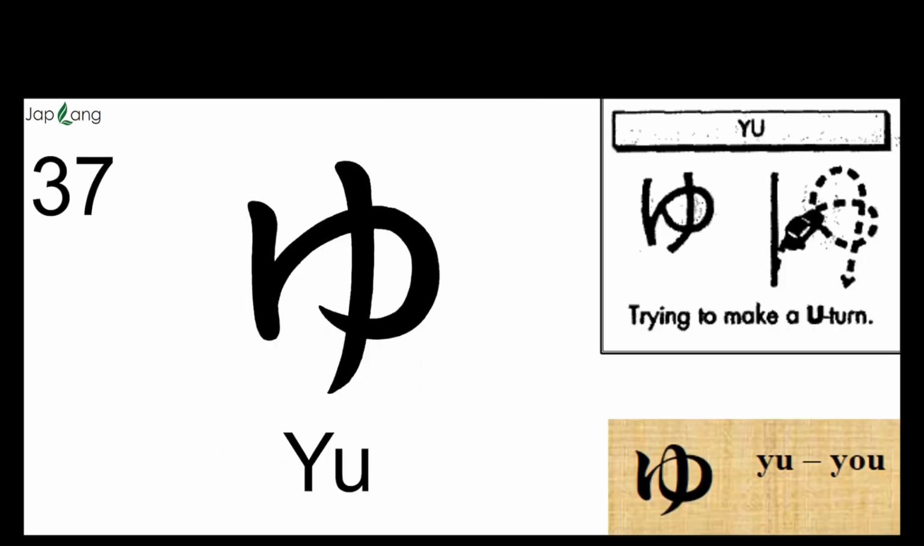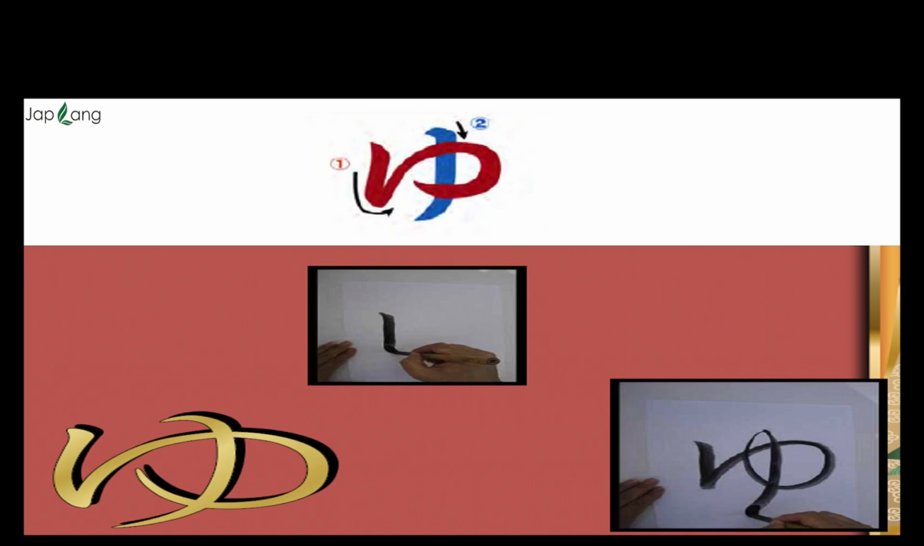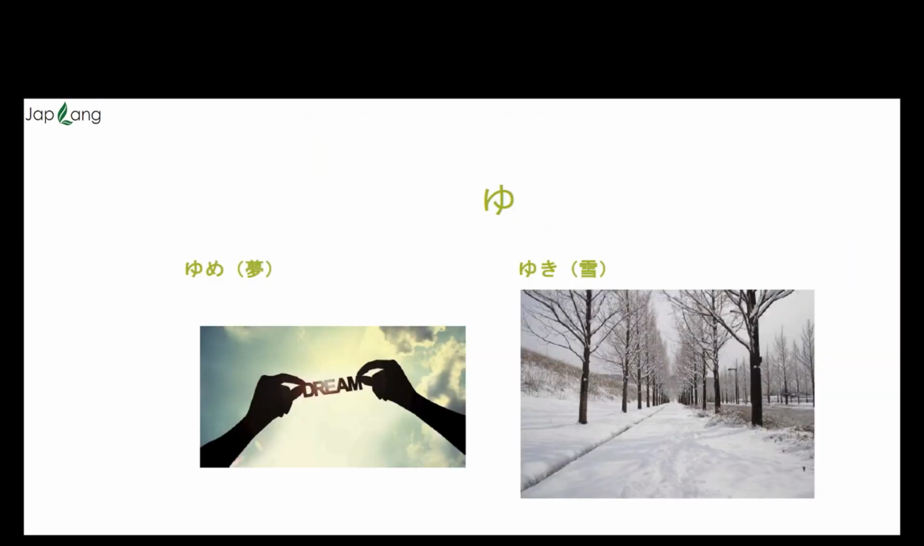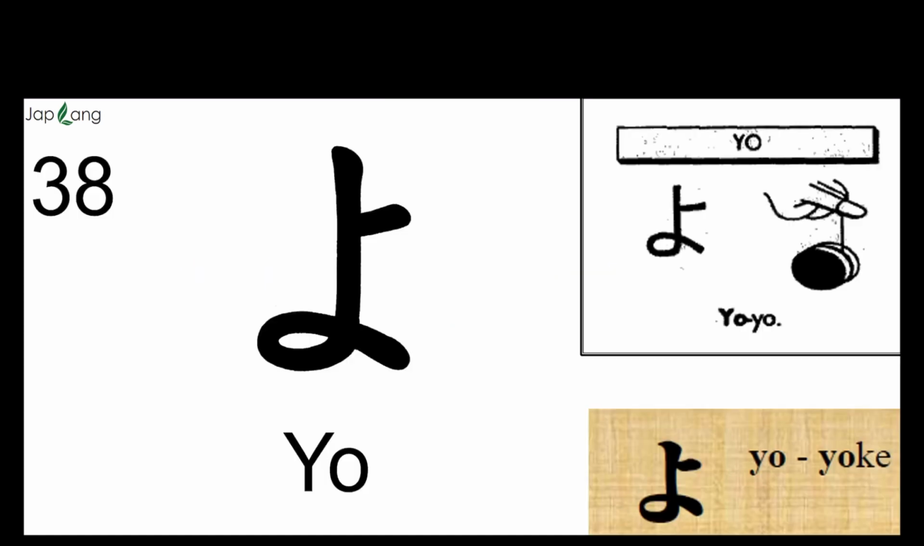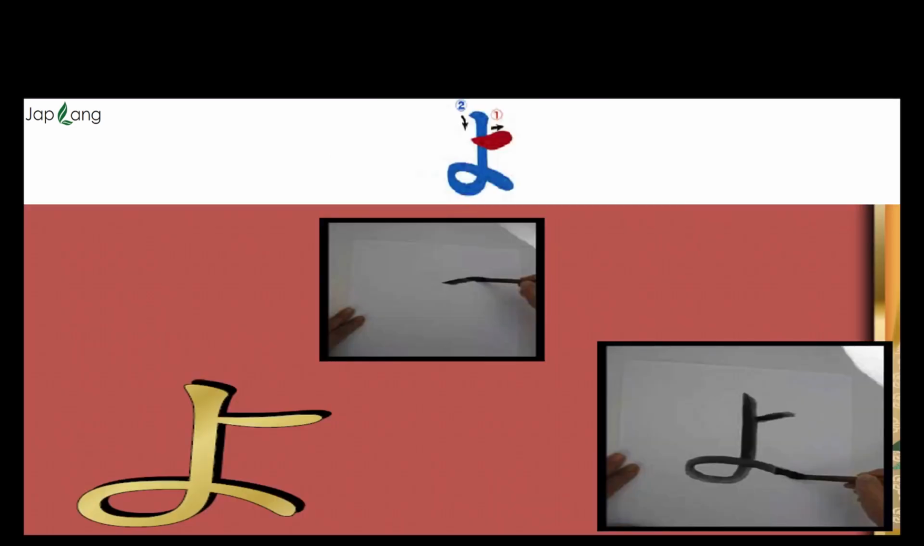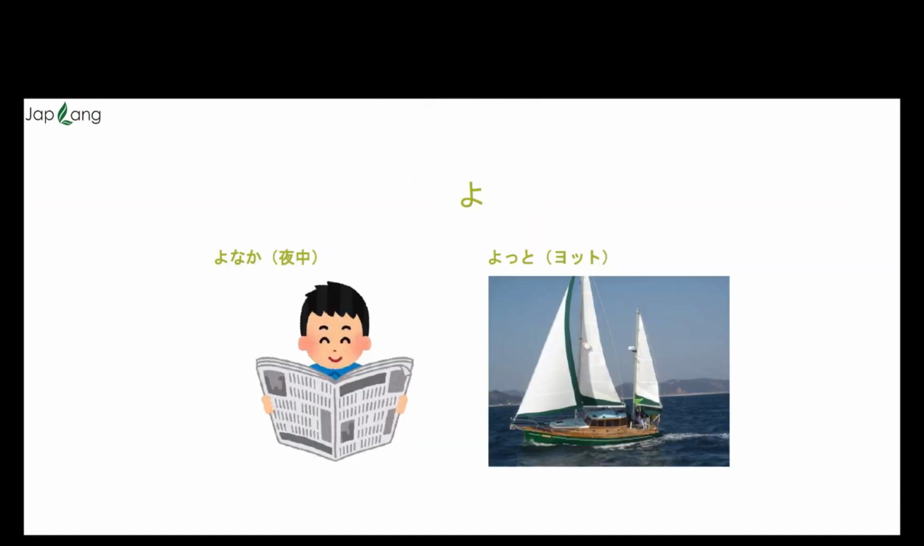Next is yu, as in U-turn, or you, how are you, like that. Yu has a 2-stroke order. Yume is your dream, Yuki is snow. And next is yo. Alright, this is yo. It has a 2-stroke order. Yonaka is midnight, and yotto, that's